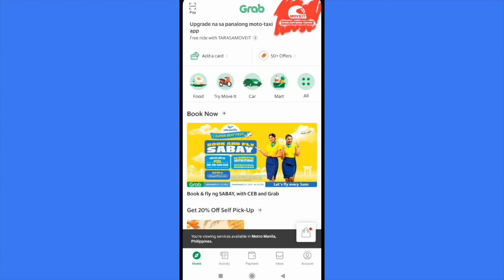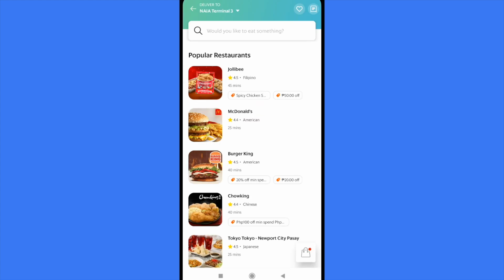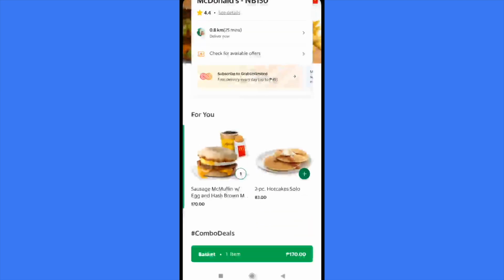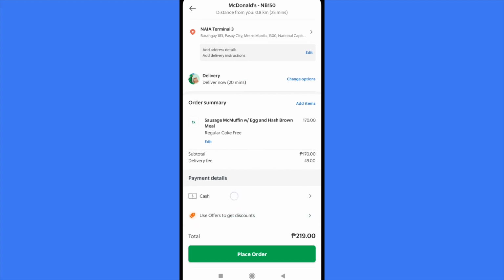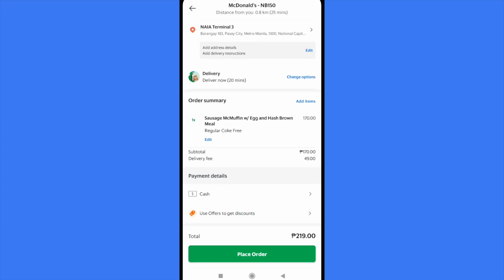is the default method. So let's suppose I want to order some food from McDonald's or from this store. I'm going to add this, I'm going into my basket, and as you can see in the payment details, here I have cash. Obviously, once you have your delivery in your hands, you are going to pay with your cash, and that's